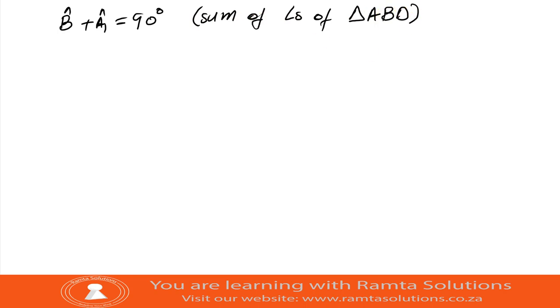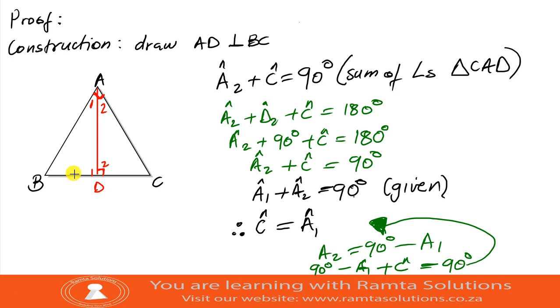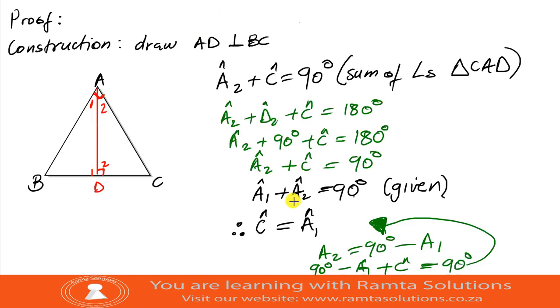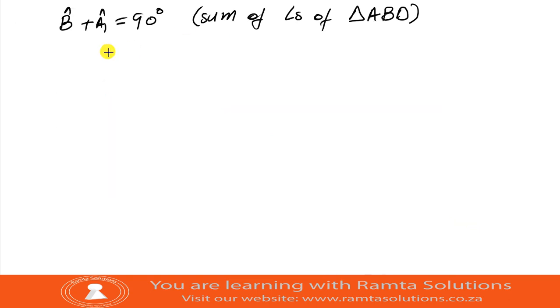In the same way, we have A1 here. If we rearrange this equation by equating A1 to 90 minus A2, we will get, therefore, we will say